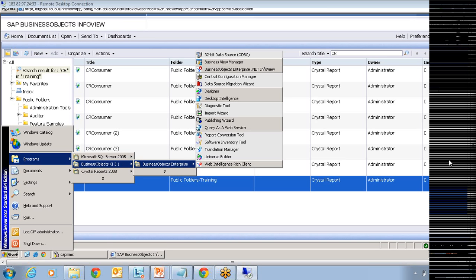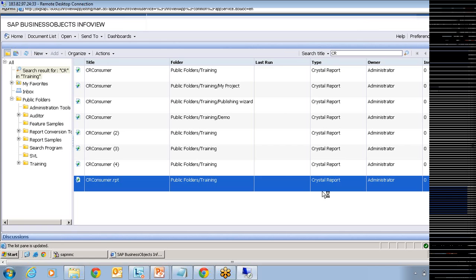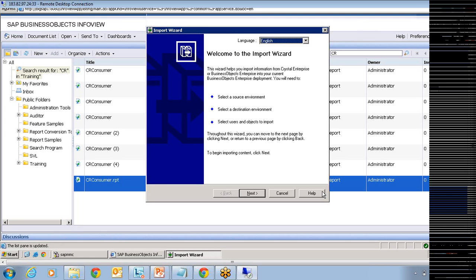So this Import Wizard is just going to migrate the content, and using this Import Wizard, you can also move the content from old Business Objects server applications to the latest Business Objects server application. Something like you have your server which is XI R2 and you want to move the content to XI R3. Yes, you can still be able to do that, which means Import Wizard is not an upgradation tool. It's still a migration tool, wherein it migrates the content from one server to the other server.